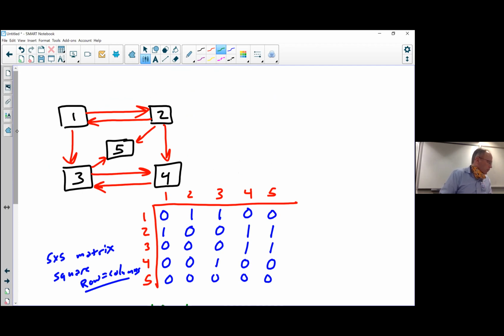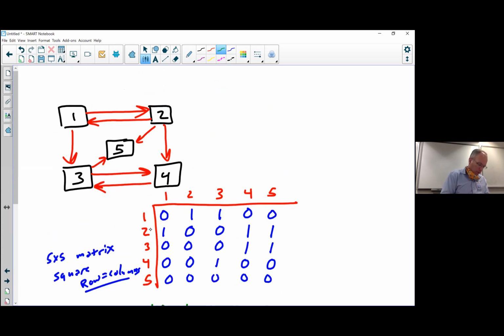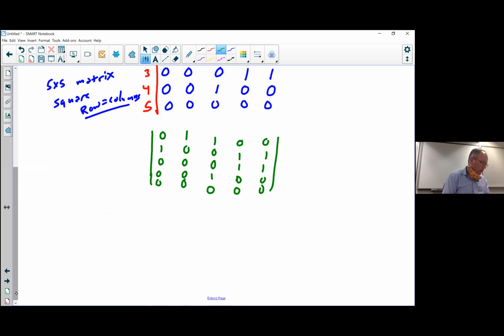The next one says construct matrix B with elements 1 if paperwork can flow from I to J with at most one intermediary, with I not equal to J. Okay, so what is that going to mean for us? So what that means is, oops, dang it, come on. Have nice things. All right, so this just means